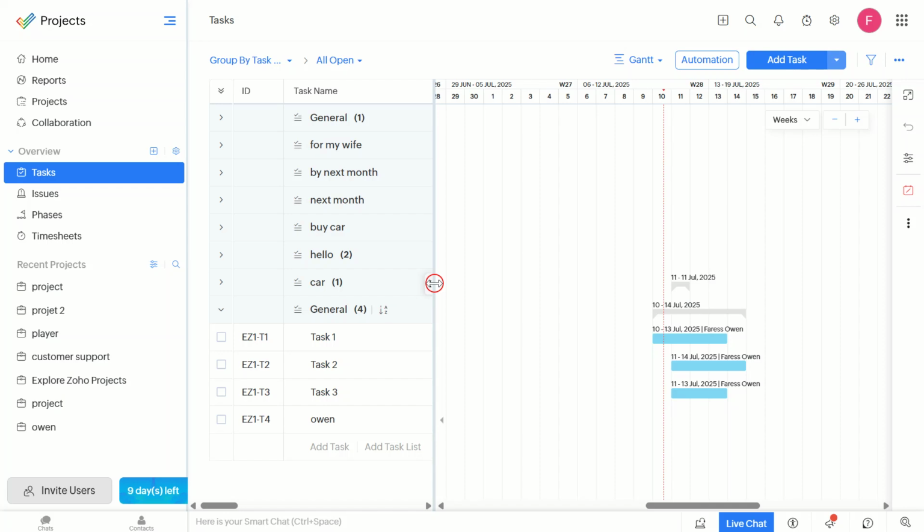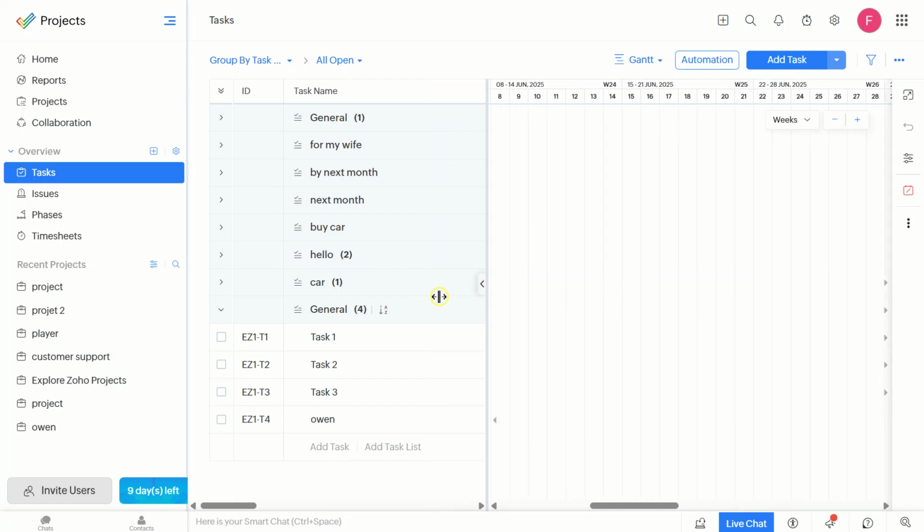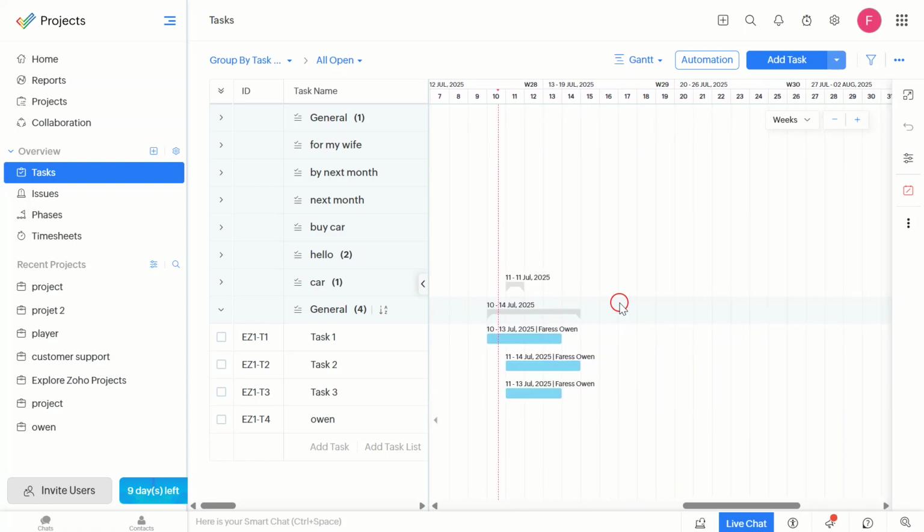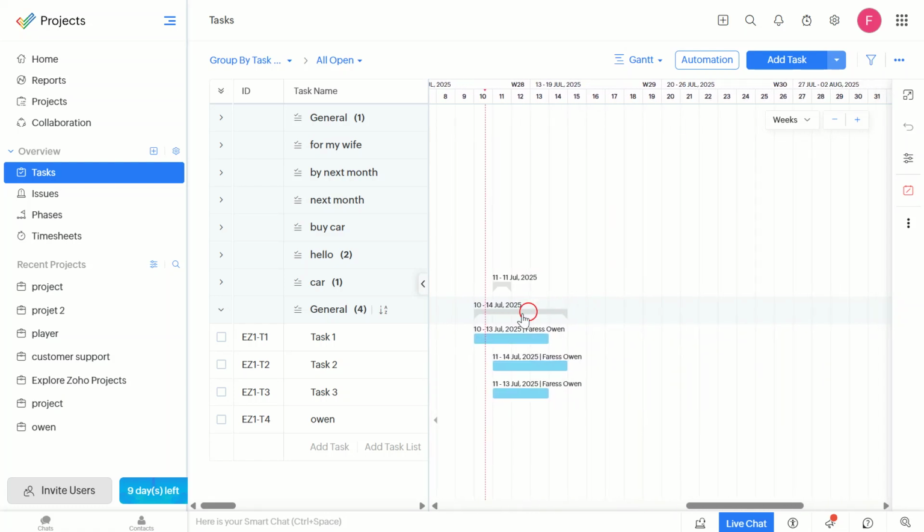Lastly, remember to regularly update your task progress. As tasks are completed and updated in the system, the critical path may change, so it's important to keep an eye on it. And there you have it. That's how you use the critical path method in Zoho Project. By following these steps, you'll be able to manage your projects more effectively, ensuring they are completed on